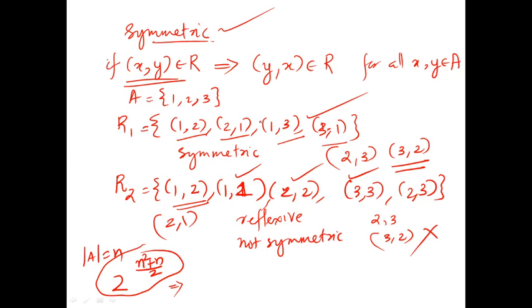Okay, I hope all of you understood the basic definition of symmetric relation, and now all of you are able to identify whether a given relation is symmetric or not. Okay. So, next we will see whether the relation which is given in the question is anti-symmetric. So, I am talking about the anti-symmetric relation.